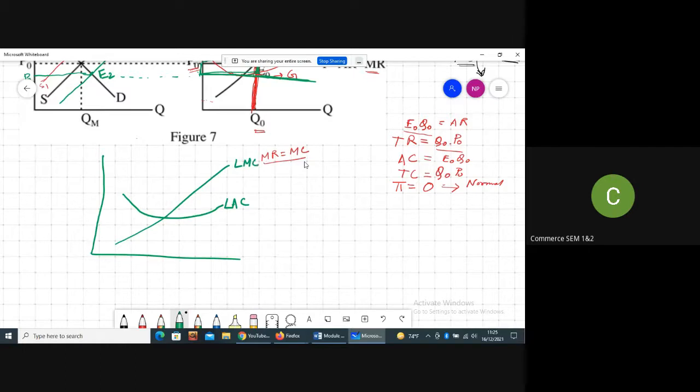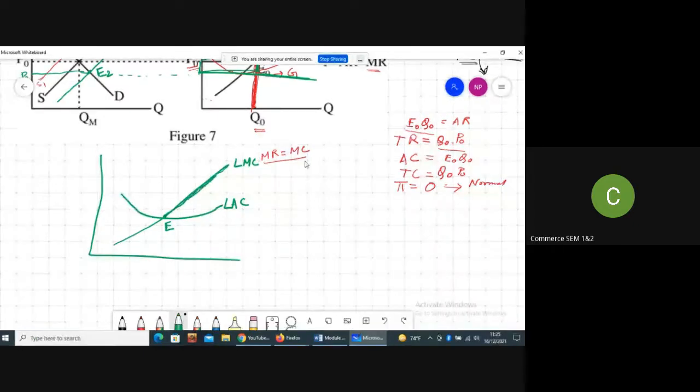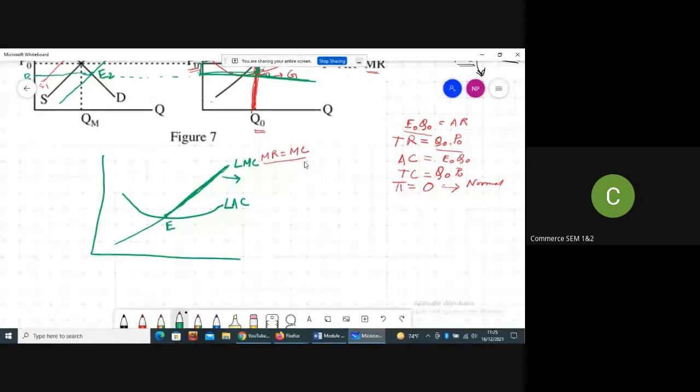This point E is the minimum point of the LAC curve. I'm saying that this part of the LMC curve which lies above the minimum point of LAC is the long run supply curve